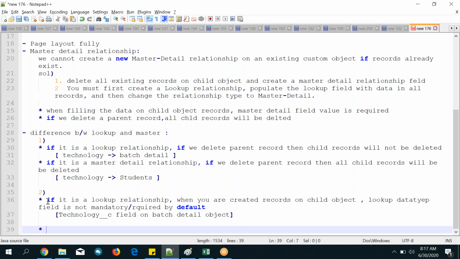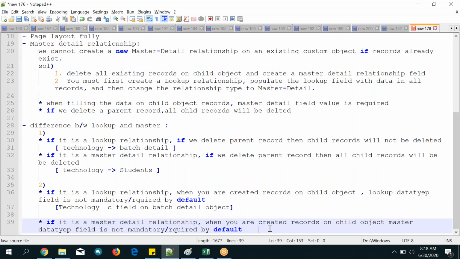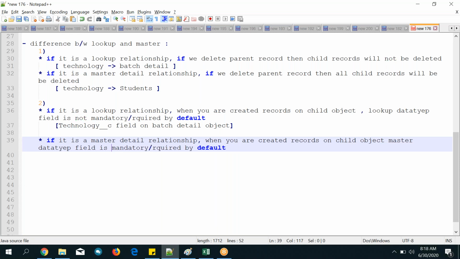Suppose it is a master detail relationship.